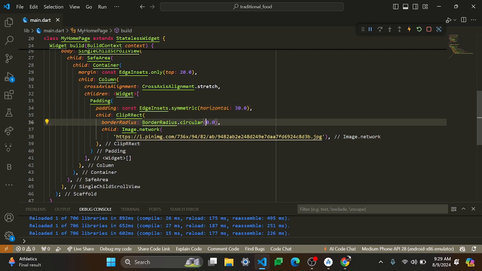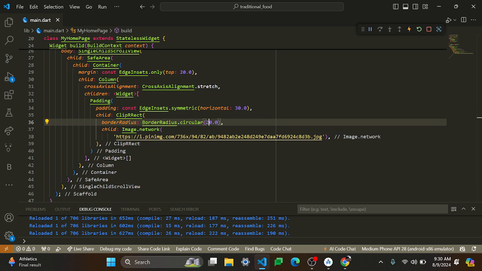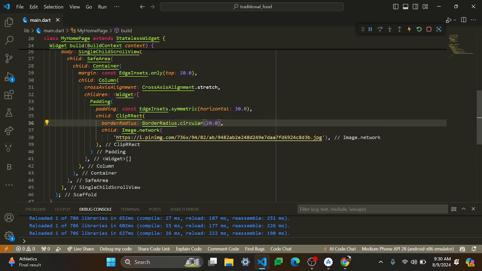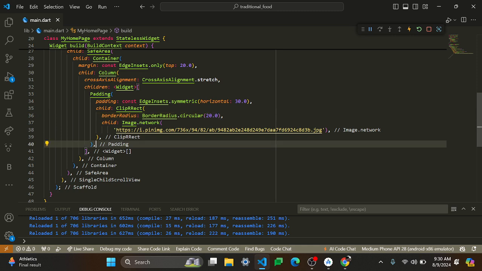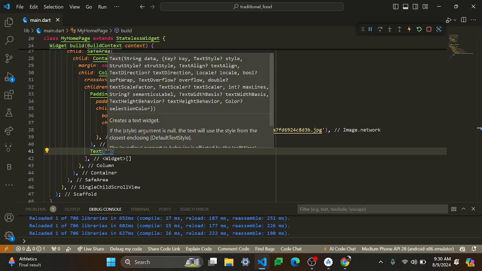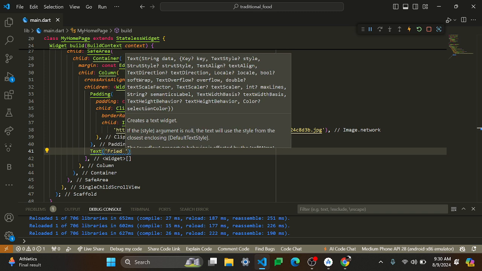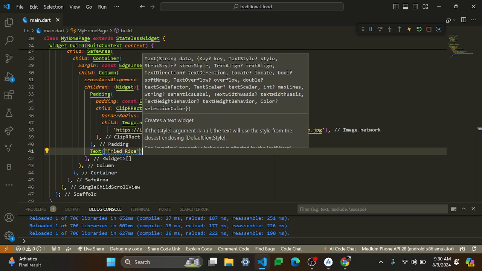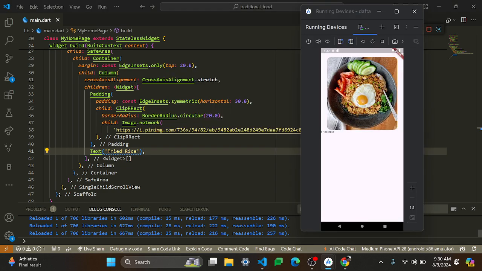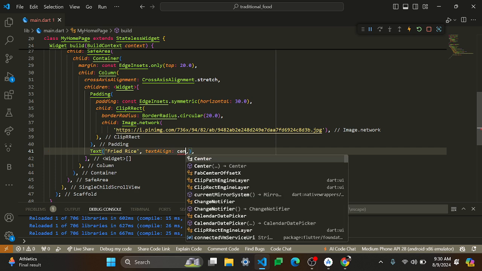After that, inside of the clip rect, don't forget to add border radius. Maybe it is not enough. Okay, and then for the next widget, we'll use text. For the text is fried rice. So this text is related to the image, the title, the name of the food. Don't forget to add text align,